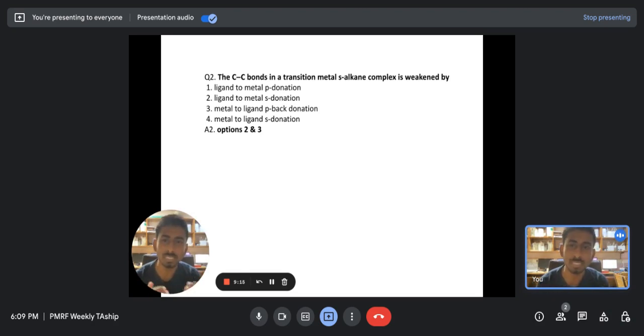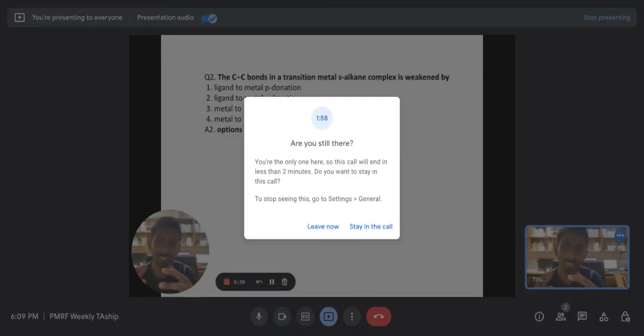This sigma bond electron resides in the sigma bonding orbital of the CC bond, and it is getting thrown into a transition metal orbital. Since the electron density in the bonding orbital is decreasing,